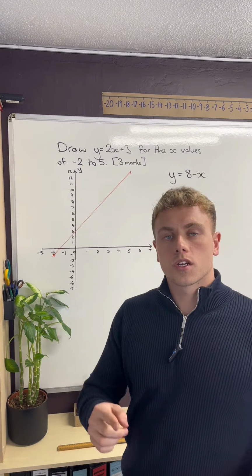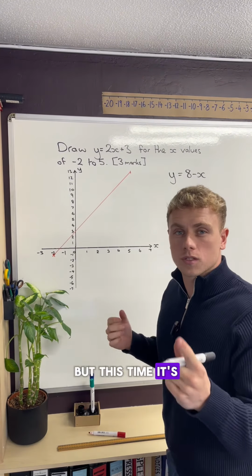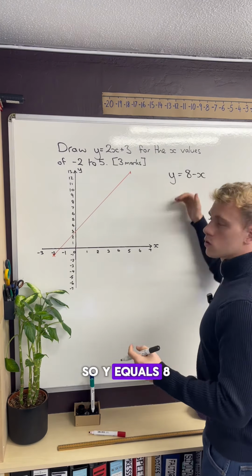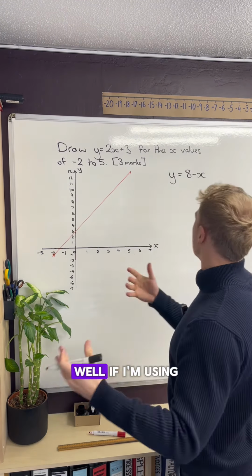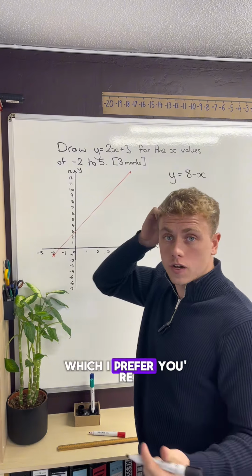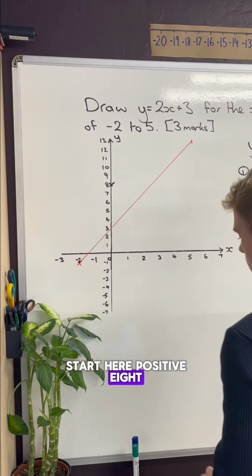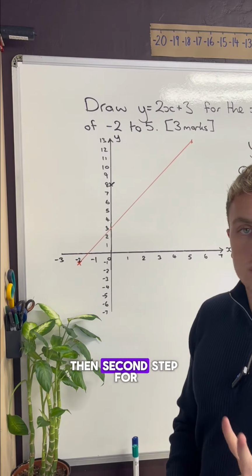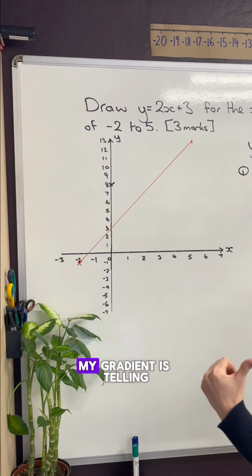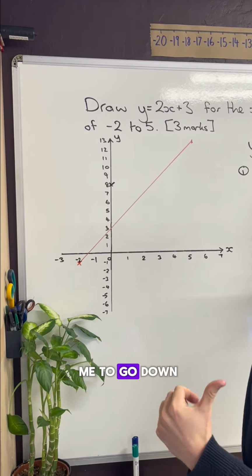This time we're going to draw another equation of a line, but this time it's going to be negative. So y equals 8 take away x. Well, if I'm using my first method, which I prefer, you're going to start at the y-intercept. So I need to start here, +8. Then, second step, for every 1 I go to the right, my gradient is telling me to go down,